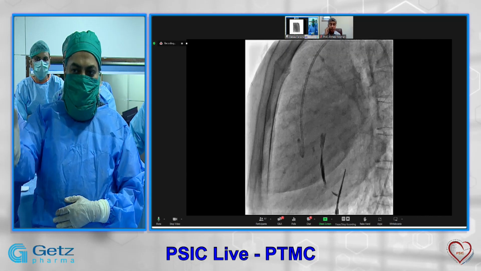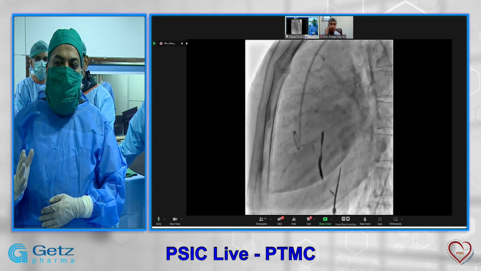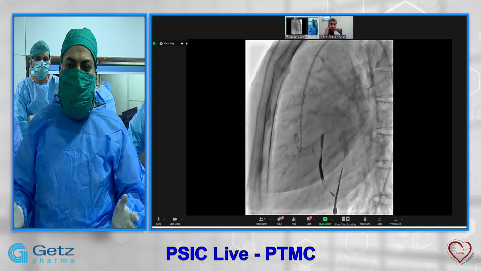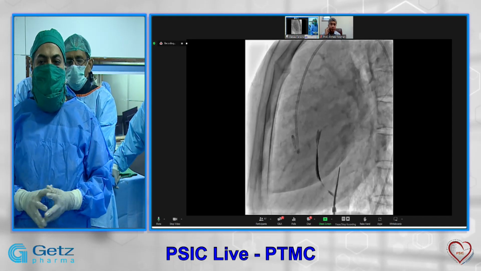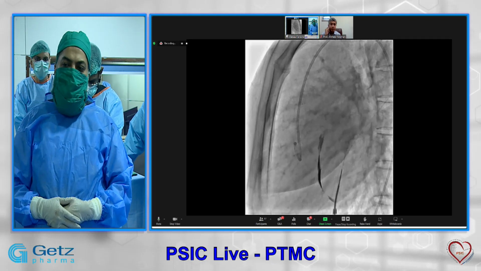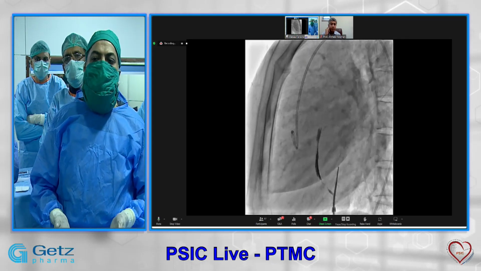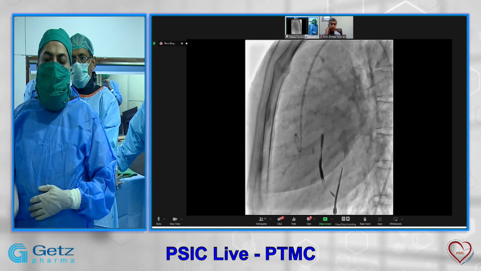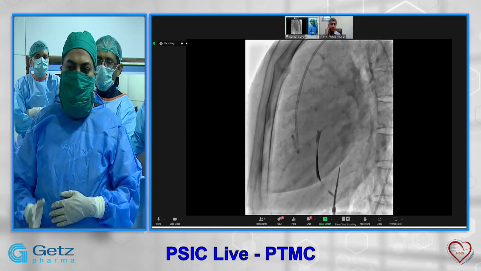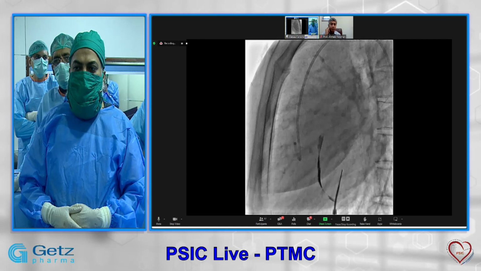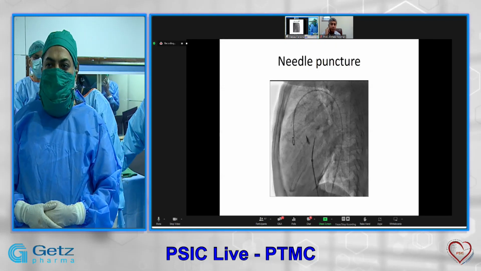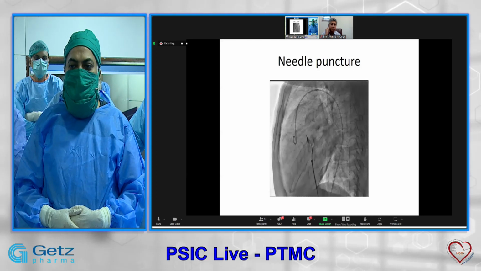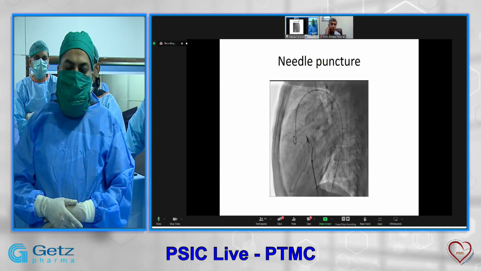Now, we have already seen that if you have punctured into the vertical part, you may dissect the septum. Usually, it does not cause any complication. It's usually self-healing. You don't need to be afraid of it. But if you have gone into the vertical septum, you can bring it down, take the needle again, redirect your needle, and puncture the horizontal part. Next, please. Next, please. Yes.